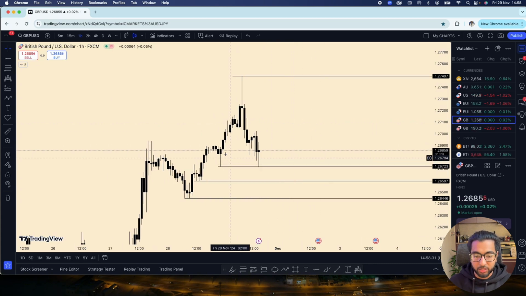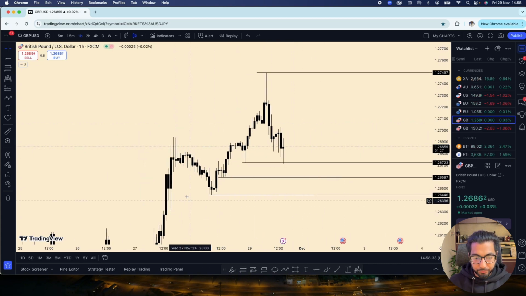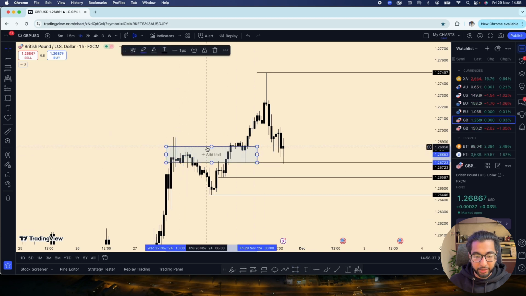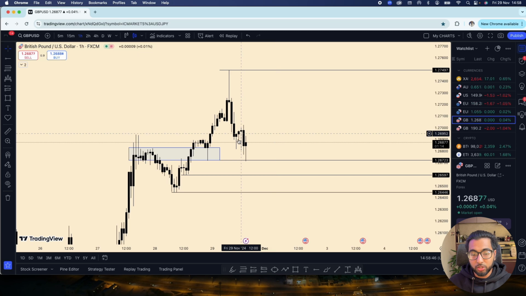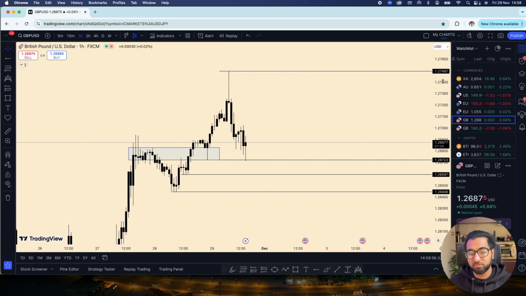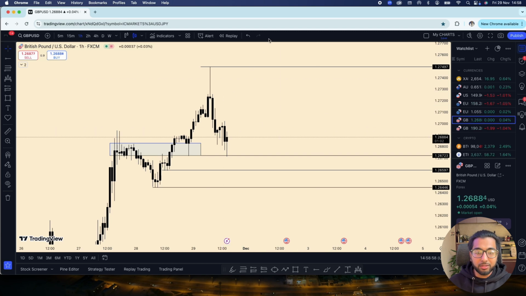Because what happens is, you guys will see a lot of traders will have their orders right here. A lot of traders are going to buy right here, right? Stop loss just below this low, whatever. Price goes up, move stop loss to break even. You guys are going to get stopped out, right? And so you need to understand targets, right? So now I already know, okay, 1.27495, basically 1.27500, right? Key level.